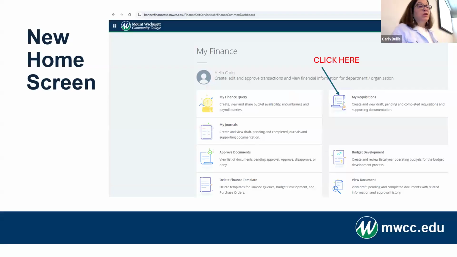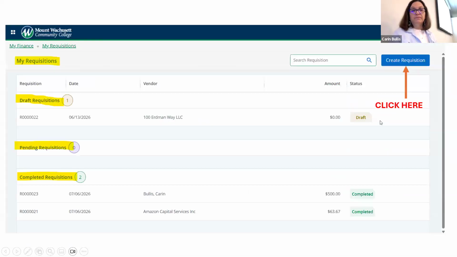Okay, so when you opened up your self-service, this is what the home screen should look like. You should have all these new tiles. You'll see on one of the tiles, it will say My Requisitions. Depends on the location of what you have. It should be on the right side, but it may not be. But if you click on My Requisitions,